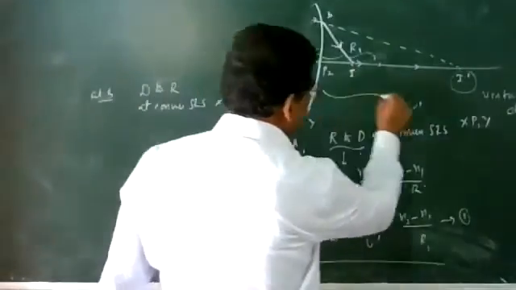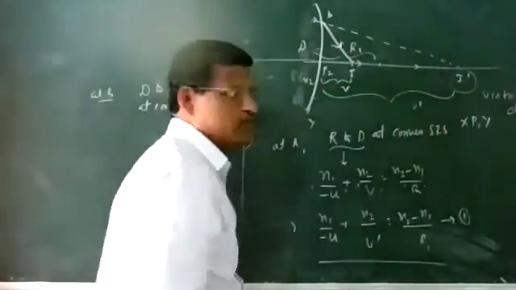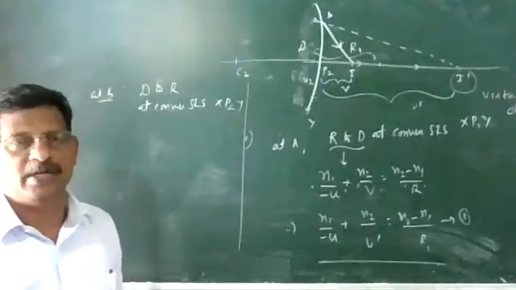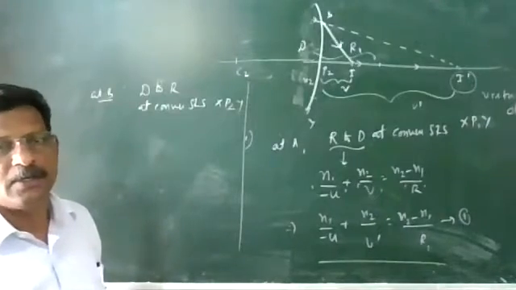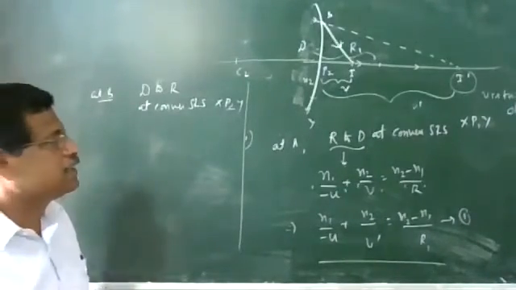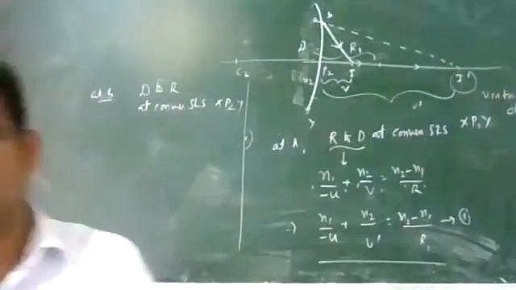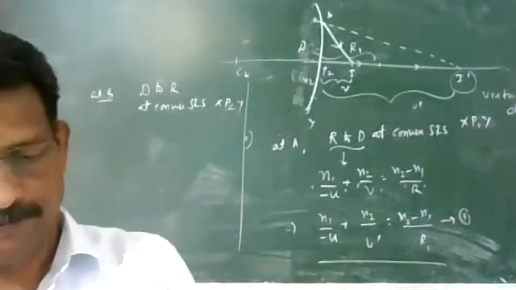So the distance here is marked as V dash, and the final image distance is marked as V from P2 itself. P1 and P2 are close. You take the measurement from P1 and P2, no much difference. So equation for denser to rarer, you write. What is the equation for denser to rarer? Akshita Jain.